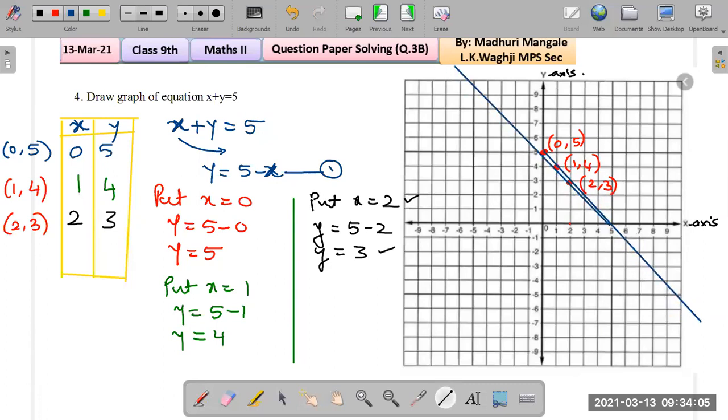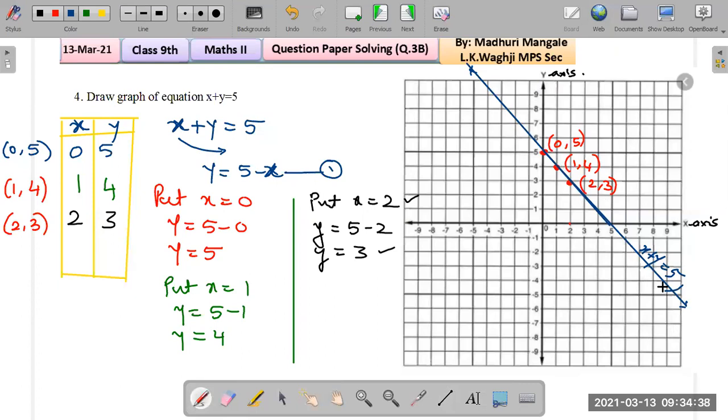That is how you get the line. Draw the line and you need to put arrowheads. Correct. So here I am going to put arrowheads. Very important step, you need to put arrowheads like that. And on the line itself, at the top or at the bottom, you have to write the equation, which is x plus y equals to 5. So mention the equation of line on that graph itself. Okay, so this is how you should graph it.